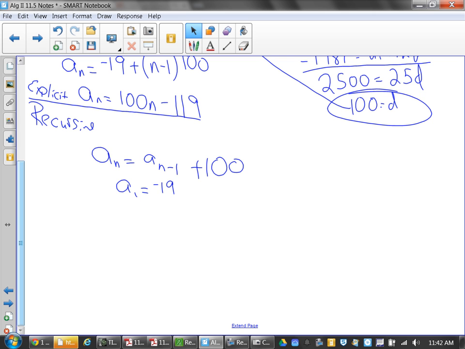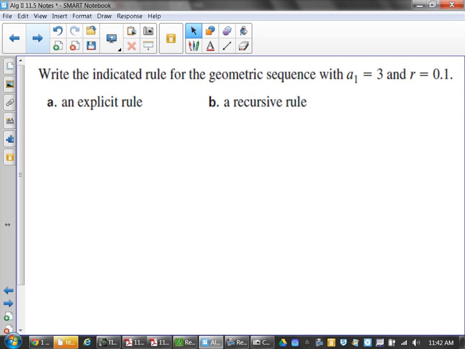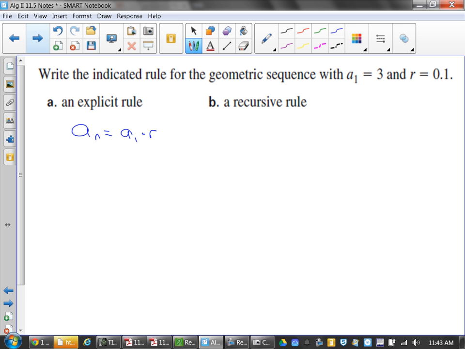All right. Now let me show you how this works with geometric. You should be pleasantly surprised at how easy it is with this as well. So when we're talking about geometric, when you're looking to write the explicit rule for geometric, we need to identify the rate and first term. Well, just so happens that they decided to be very nice to you today and give you the rate and the first term. So from this point, all I need to do is